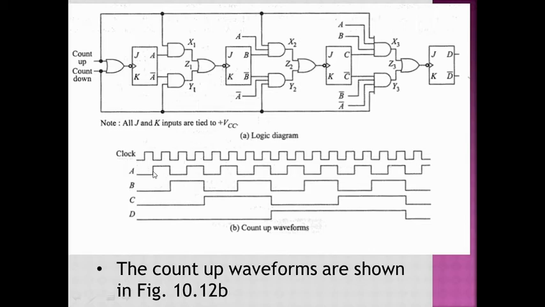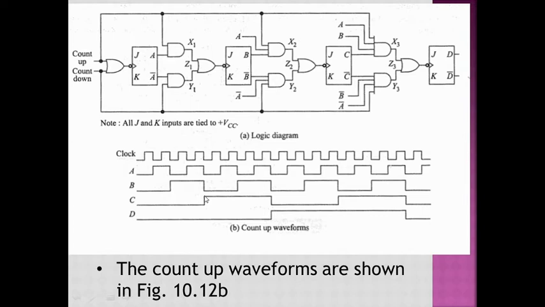So you can see that for the first clock pulse, either A is low or B is low. For the second clock pulse also, A is high but B is low. Third clock pulse, A is low, B is high. So the gate was disabled. But as soon as prior to the fourth clock pulse, A is also high and B is also high. So this fourth clock pulse can pass through the gate X2 and it is available to the flip-flop C. And on the negative edge of the clock pulse, the flip-flop C is going to toggle.